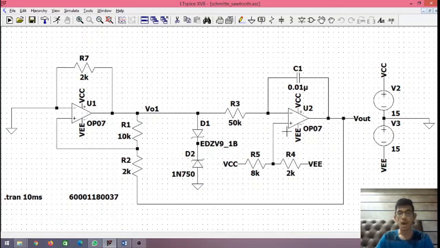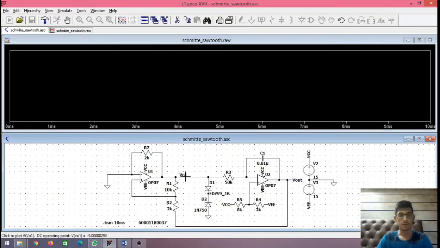Here in the integrator, we have connected to the positive terminal this connection, which acts as a potentiometer for us, which goes from plus VCC to minus VCC, and the values of these resistors can be changed to set the various rise and fall time for the wave. Let's see this circuit now in working.